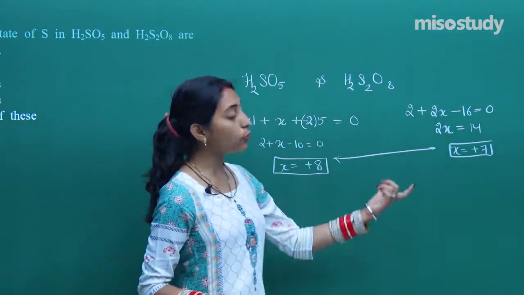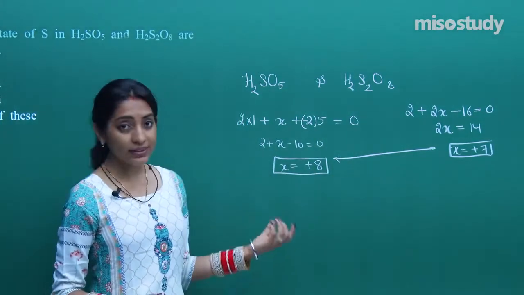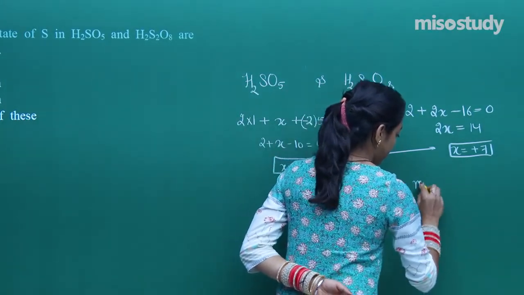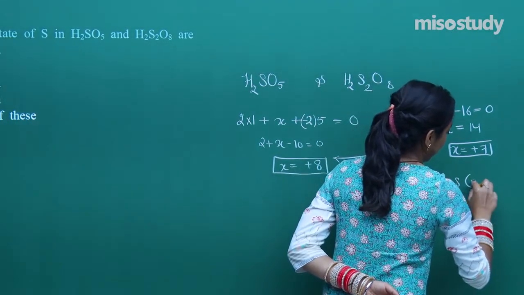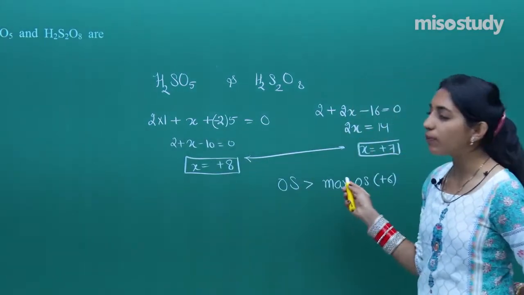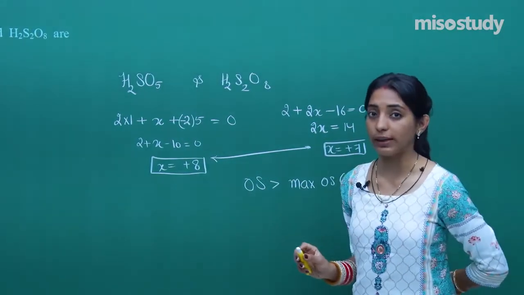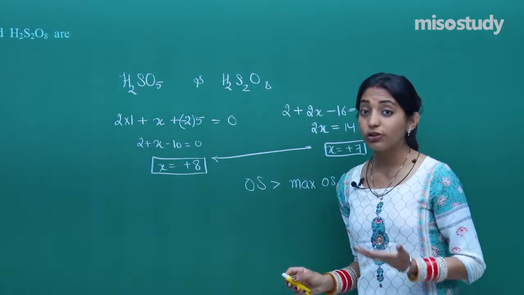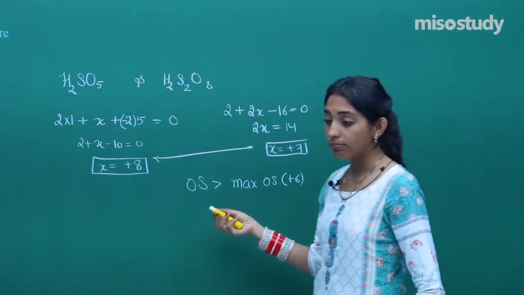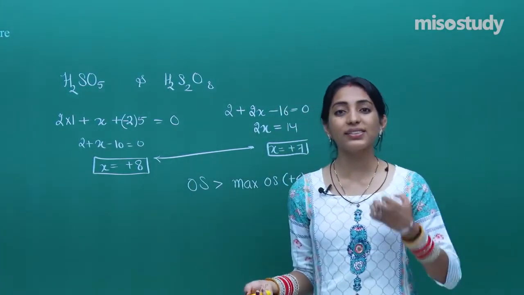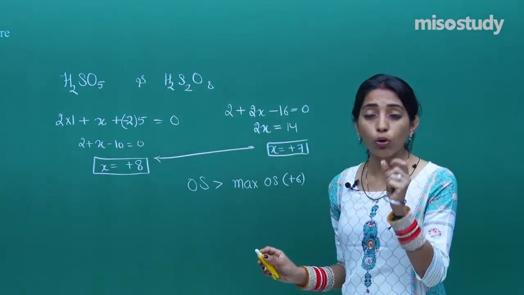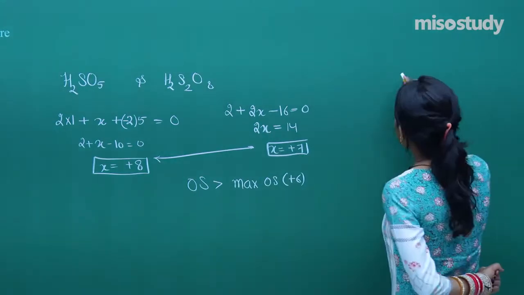Now, in both the two cases, you can see that the oxidation state is greater than the maximum oxidation state, which is plus 6. So when the oxidation state is greater than the maximum, then there is some flaw in the calculation of oxidation state. So for that, I think we should be drawing the diagram. And whenever the calculative answer is greater than the actual plus 6 oxidation state, then what happens? You need to draw OO single bond. So let us first draw for H2SO5.